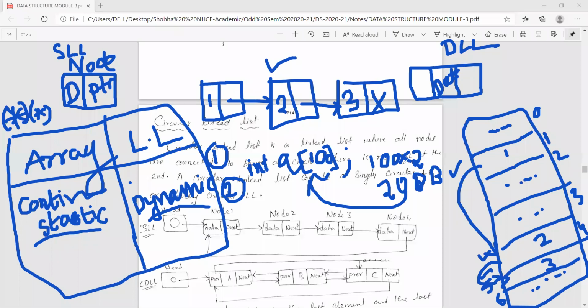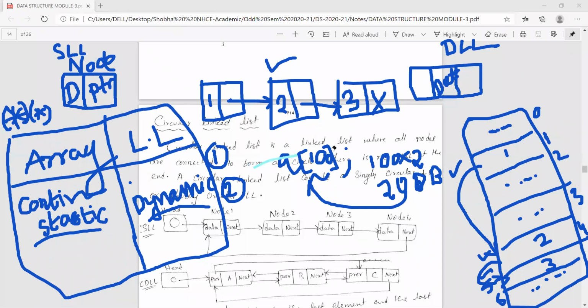Okay. So that is what we were telling, right? We cannot expand or shrink the memory in a static array whenever it is required, based on our requirement. That was the drawback, I can say, of an array. So it is done during compile time and we cannot change it whenever we want.